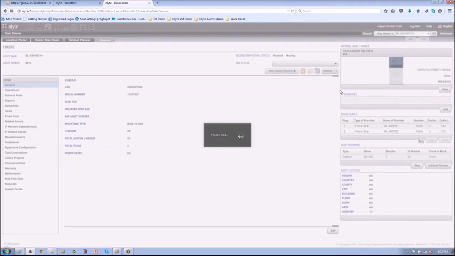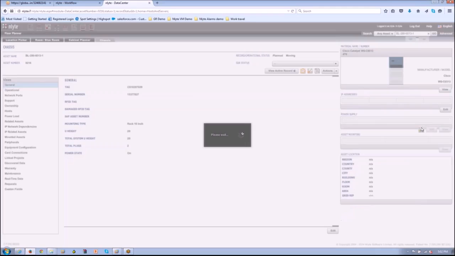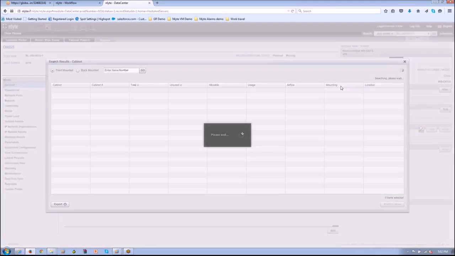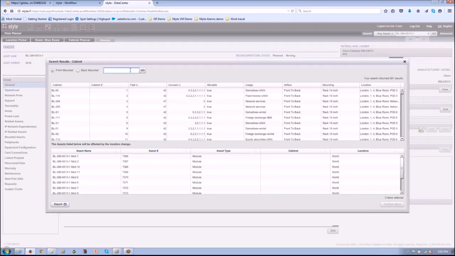This makes a duplicate record and clears away any connection information about this device, ready for me to decide where I wish to put it. Now I can ask Nlyte to help, so I could do auto allocation, or I could put it in a room, but we're going to put it into a cabinet and assume that our engineer has already decided where they want to put this router. When we choose the cabinet,